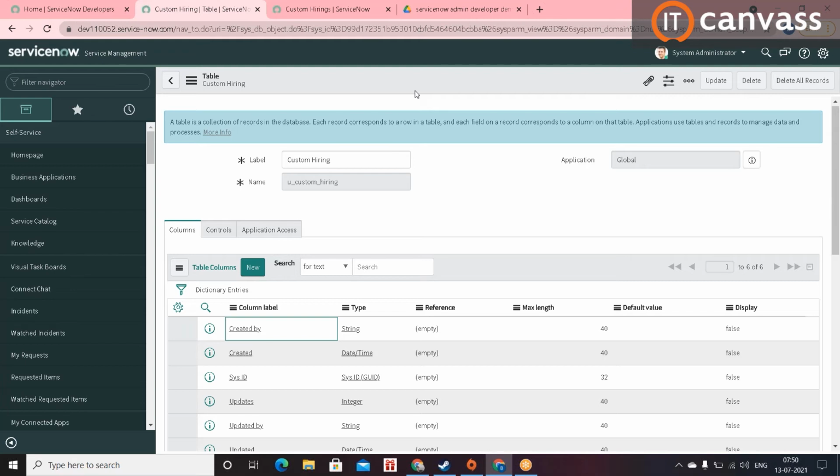Okay. So how about, let's say, if you're creating a relationship between two tables? Yes. Then how will we be linking up the